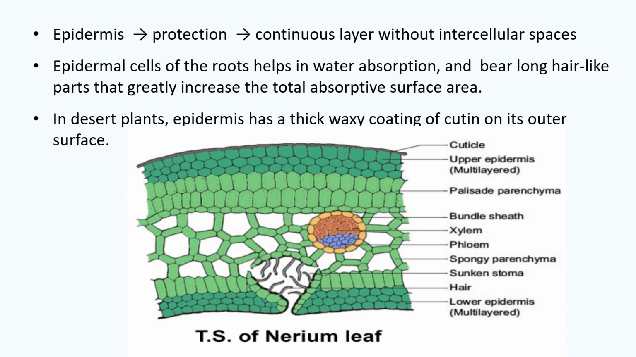It is a continuous layer without any intercellular spaces। इसके बीच में गैप नहीं होता है, कि यूनिफॉर्म लेयर होता है, कंटिन्यूअस लेयर होता है, बीच में कोई ब्रेक नहीं है, there is no gap. ठीक है, रूट के जो एपिडर्मल सेल्स होते हैं, they will help in water absorption. ठीक है, जो रूट में प्रेजेंट है वो वाटर को एब्जॉर्ब कराने में हेल्प करेंगे, और इसके लिए इनके पास लॉन्ग हेयर लाइक पार्ट्स होता है, जिससे कि वो अपना सरफेस एरिया को बहुत बढ़ा लेते हैं, और वाटर एब्जॉर्प्शन भी उसी तरीके से, रेट ऑफ वाटर एब्जॉर्प्शन बढ़ जाएगा।